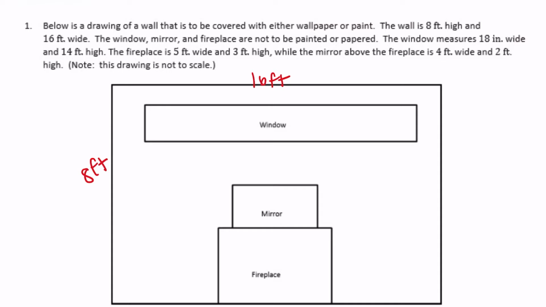The window measures 18 inches wide and 14 feet high. So I'm going to say that's 18 inches, and this is 14 feet. I'm noticing here, though, that this is inches, everything else is in feet so far, so we're going to have to deal with that. The fireplace is 5 feet wide and 3 feet high, so 5 feet by 3 feet for the fireplace,